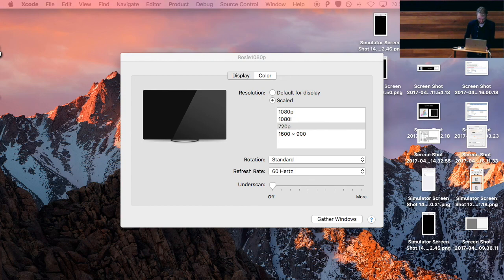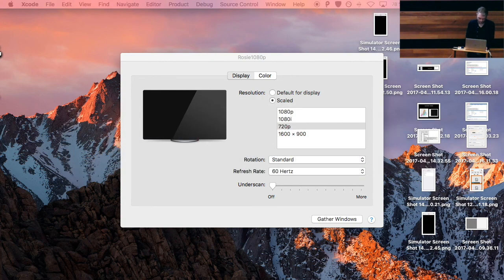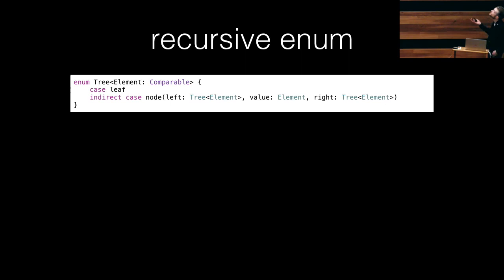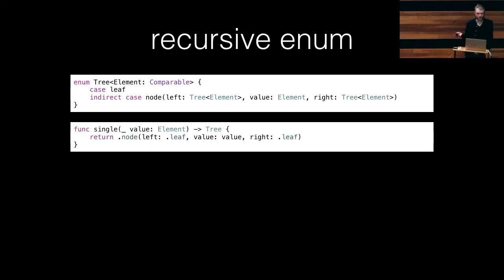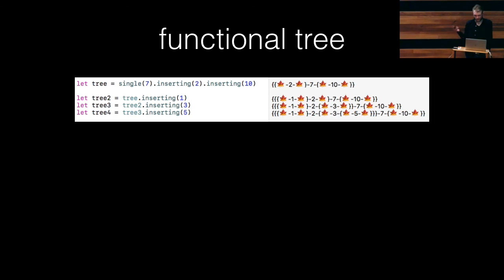Let's swipe good and back. So what have we learned? We had this tree. That tree had a leaf and a node. We created a free function to create a single noded tree, and then we inserted values here. Maybe again, like what we just did in the graphical representation,